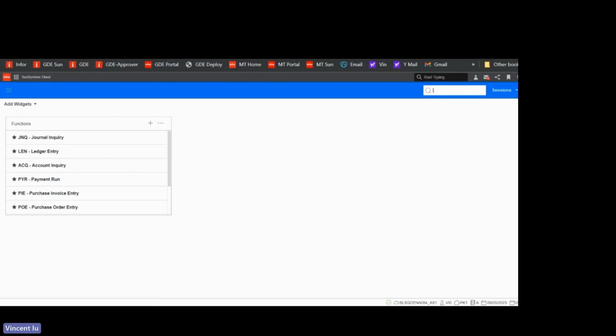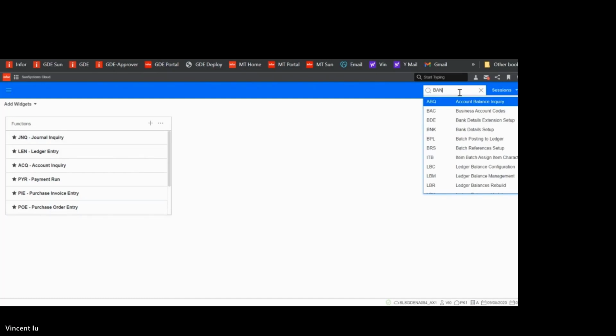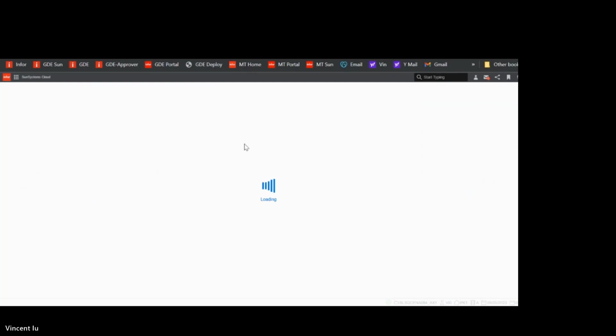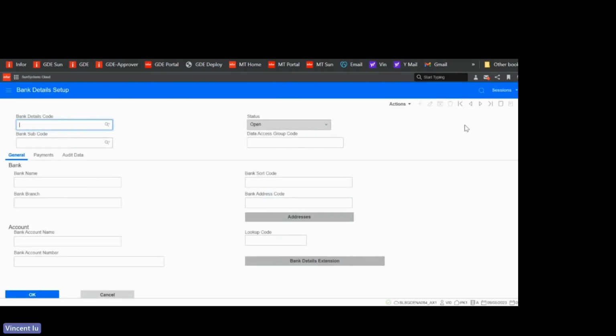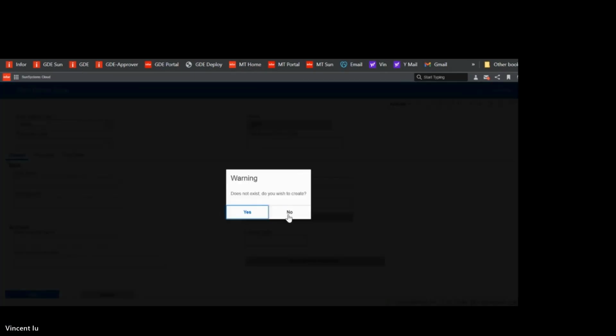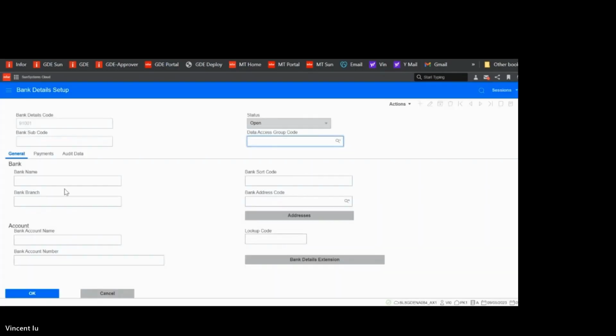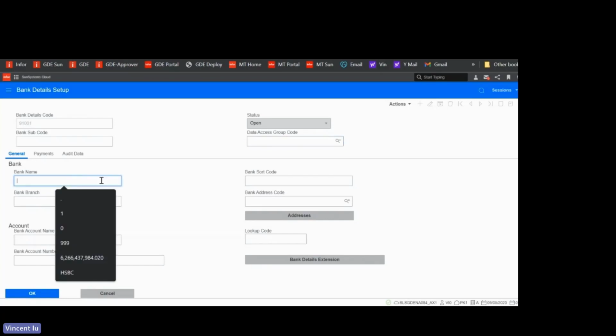Now, the next thing I would like to show you is the creation of bank details for that supplier. So I just navigate to the bank detail function I have. And then fill in the necessary information like the bank detail code. Yes, I would like to create it. And then the bank name, of course,